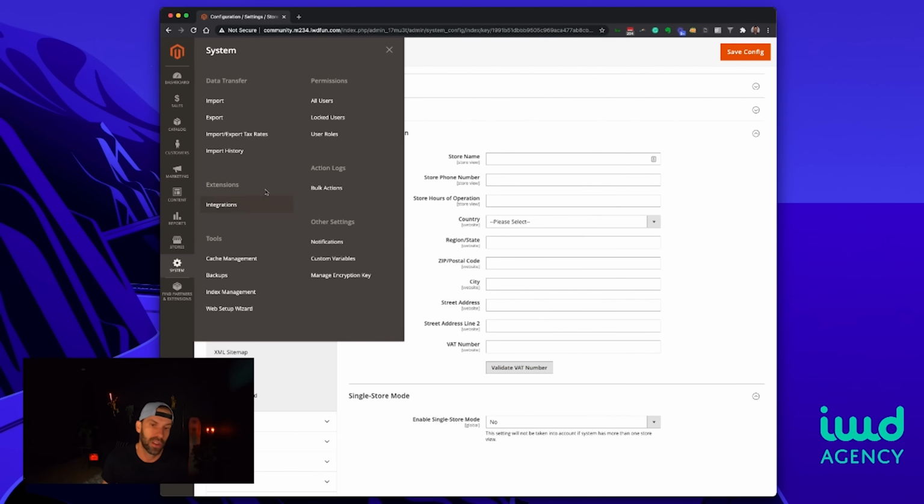And then you can look at which extensions you have. You have your cache management here. If you're doing a lot of changes in your store, either through your template or even product updates, Magento will cache that information on the server so that it can load faster for your customers. But if you made a lot of changes to your store, you can come in here and update the cache manually. There are different settings in each one of these, and cache and index management are very similar, but there are settings in these that it'll automatically do it every 24 hours or so. But if you want the changes to be done immediately, you can come in here and manually update your cache